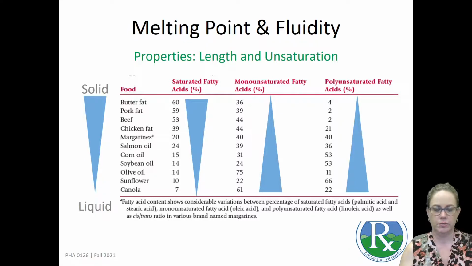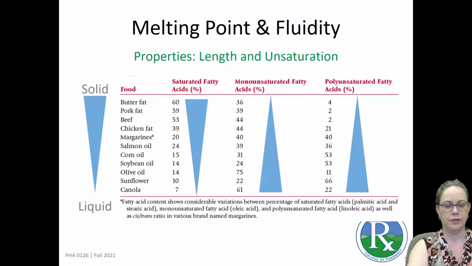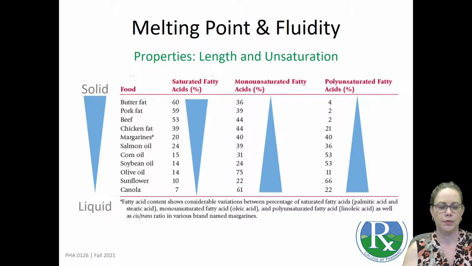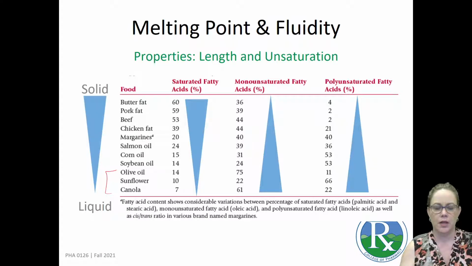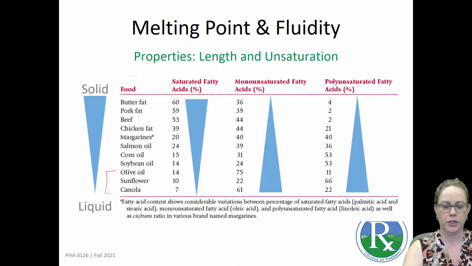This table has more naturally occurring fats than just the 3 in the graph. And what you can see in general for the trend, the food products at the top of the table tend to be more solid fats at room temperature. The bottoms are our oil products. They're liquid at room temperature. And what you can see is that we're changing our